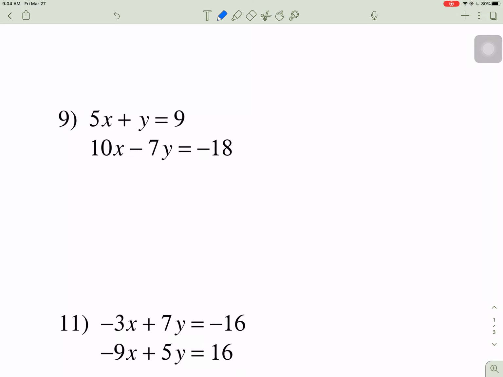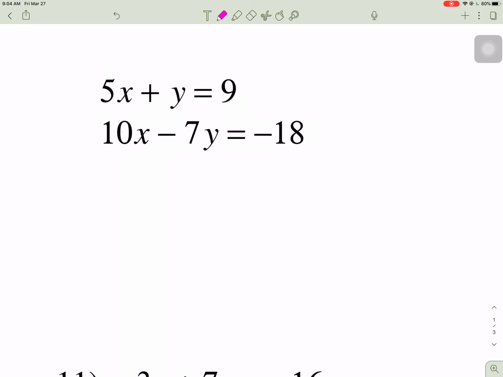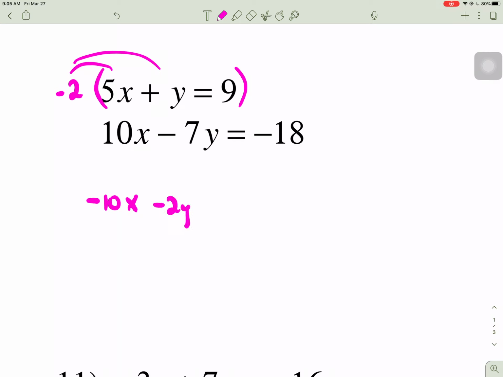And what we're going to do is, and I'm just going to white out this number 9 to make some room here. What we're going to do here is, if we do something to both sides of an equation, remember it will stay balanced. So I'm going to take this top equation and multiply the entire thing by negative 2. Why? Let's see why. What does that do for us? Now we get negative 10x minus 2y